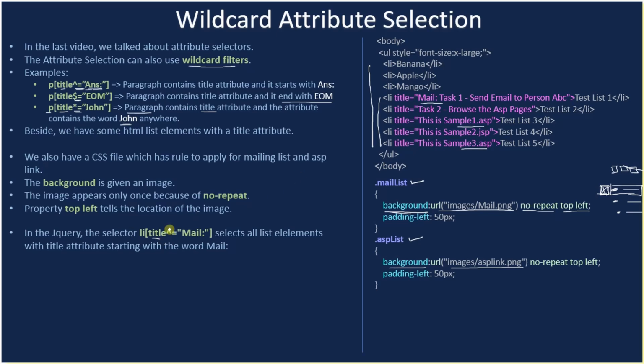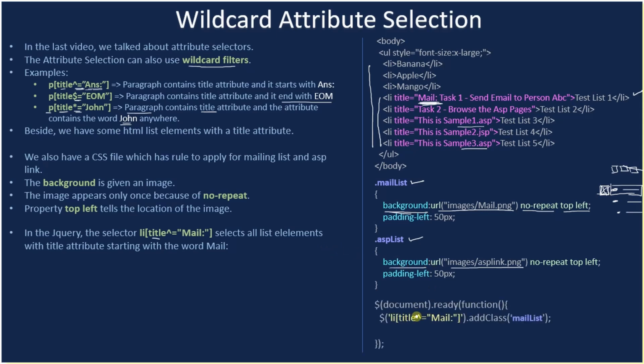This wildcard denotes that the title attribute value starts with mail. There is only one that qualifies, only one item that is starting with mail. So this list item will be picked. Select all list elements with the title attribute starting with the word mail. So that's what we are selecting